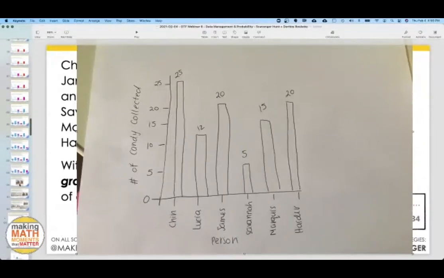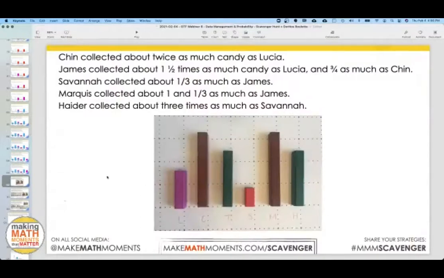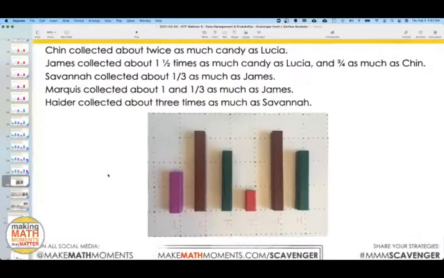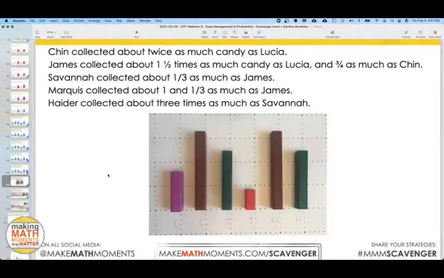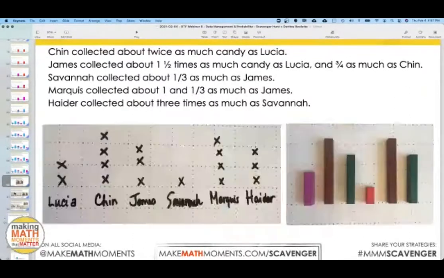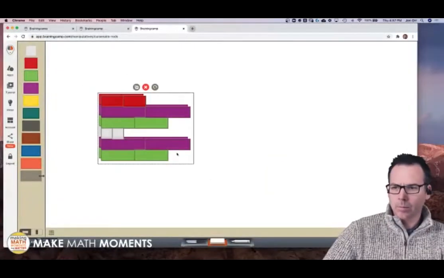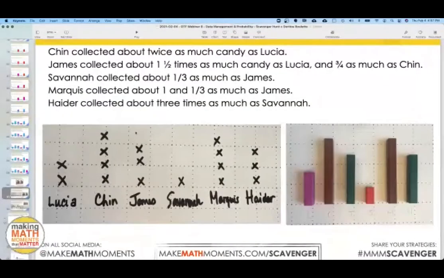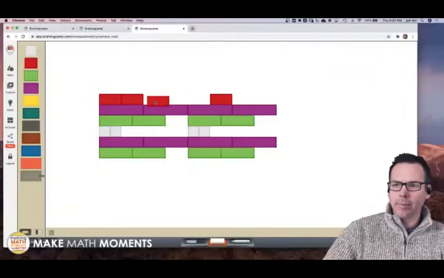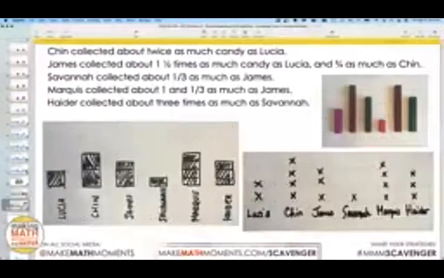I just want to show some that students might use. This is a very neat student here using relational rods, like actual relational rods. So you can see that comparison. Here's another one, a student using, again, similar to what you did, John, except here they're just using X's, like almost like a pictograph. Yep, I like it.